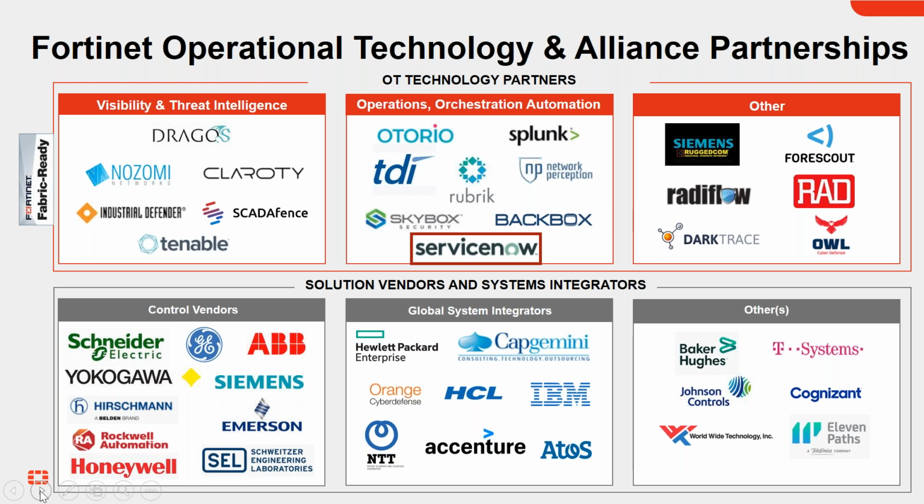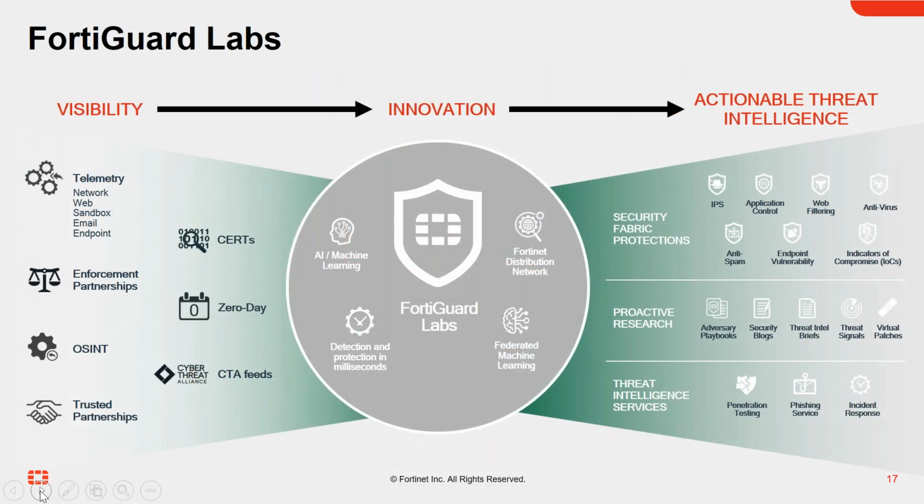But I have the appropriate visibility to respond appropriately because I've collected that information from the lower levels of the Purdue model and responding appropriately. Most importantly, in my opinion, is that I talked about our home, I talked about our community, I talked about the neighborhood, and in the neighborhood, what FortiGuard does is being able to collect threat intelligence from the world, understanding